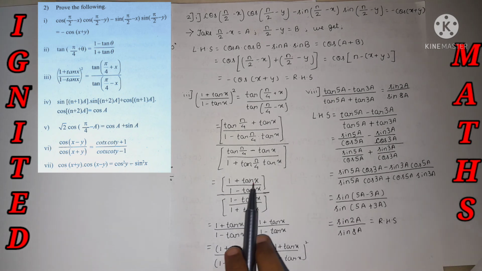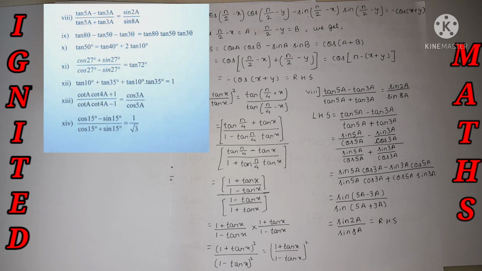So (1 + tan x) divided by (1 - tan x), and over here it's nothing but (1 + tan x) divided by (1 - tan x). (1 + tan x) into (1 + tan x), nothing but (1 + tan x) the whole square. (1 - tan x) into (1 - tan x), nothing but my (1 - tan x) the whole square. So we don't use the formula because at the LHS value this is what we need. So this is how we need to do it.